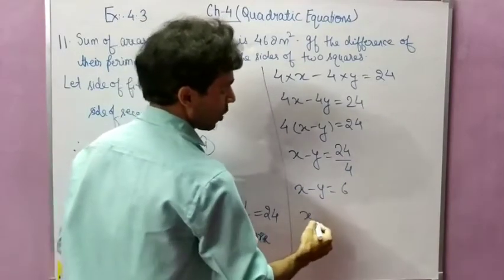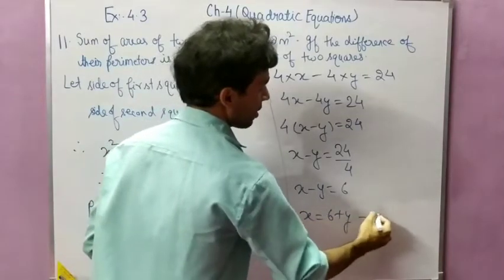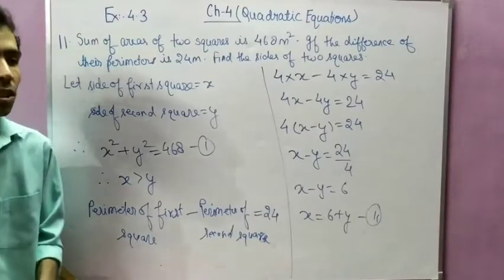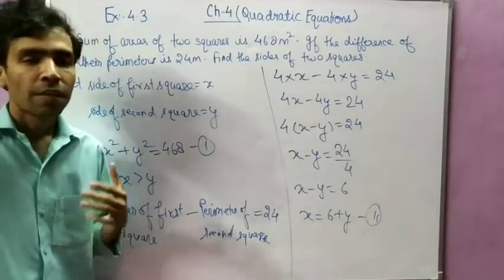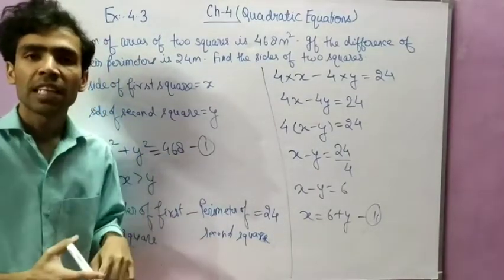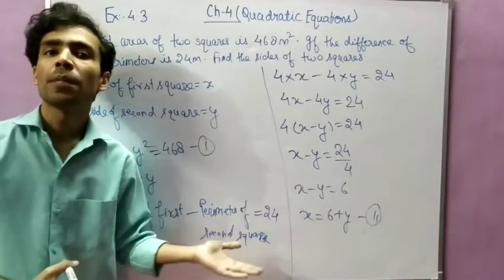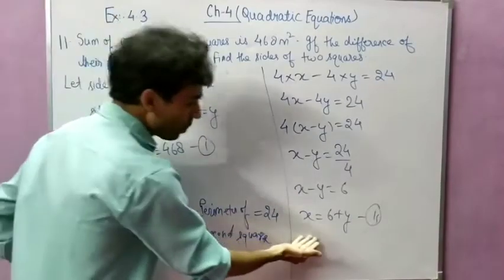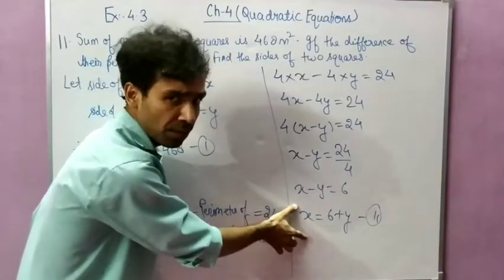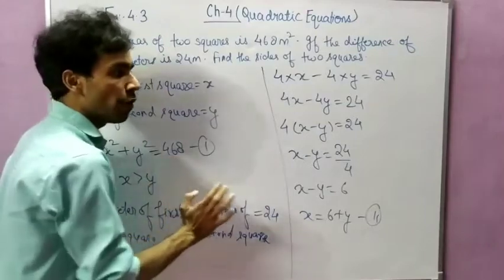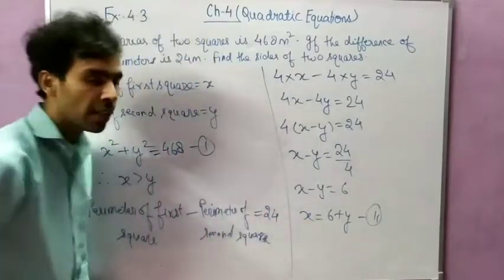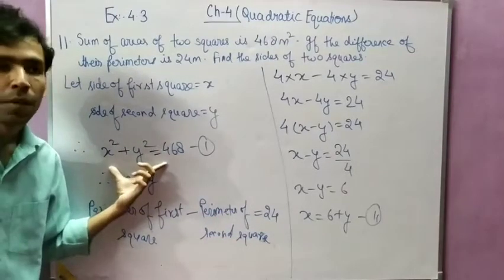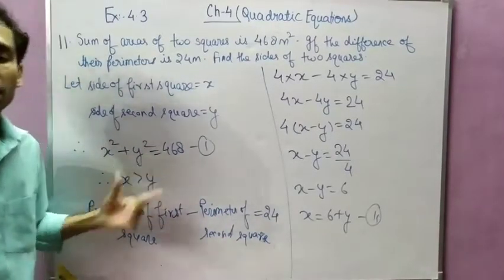So suppose x equal to 6 plus y. It is equation number 2. Because we want a quadratic equation, out of these two equations we can calculate the value of one variable in terms of the other variable from any equation, and put it in the second equation. From the second equation, the value of x comes 6 plus y. So this value of x we can put in our equation number 1. When we put it, we will form a quadratic equation.